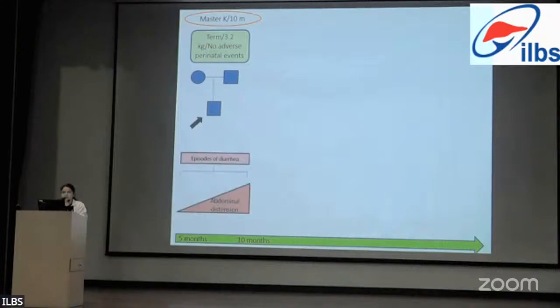He presented initially to us at 10 months of age, and he was symptomatic since 5 months of age with intermittent episodes of diarrhea, which did not cause significant dehydration for the child to get admitted. And the parents also noticed generalized abdominal distension progressively from 5 months of age.